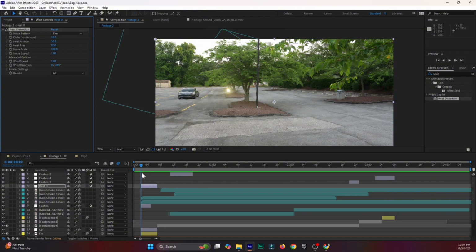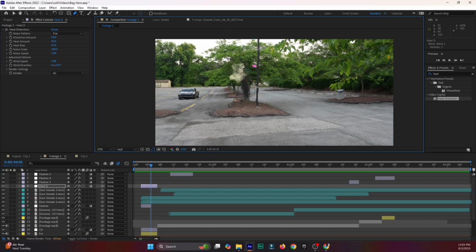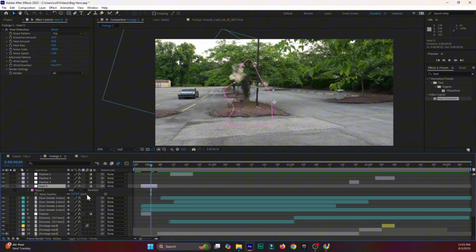So now here's what we're gonna do. We're gonna go ahead and click on the pen tool on this heat distortion layer and then draw sort of like a rough mask around our subject, something like this. And what we're going to do is press F on the keyboard and feather this out just a tad. And with that being said, if you press play,